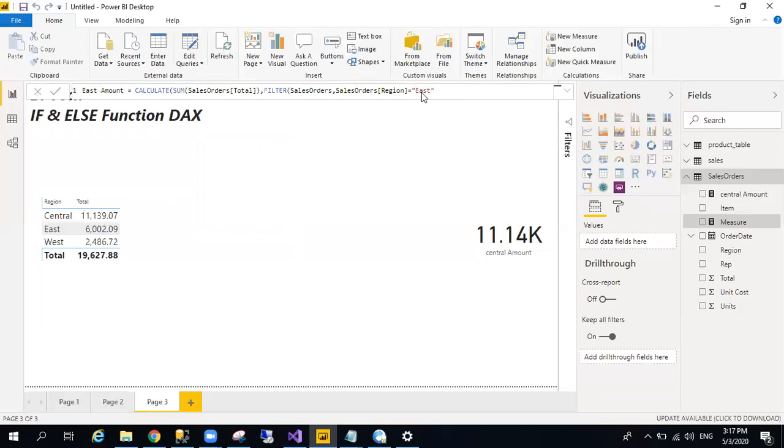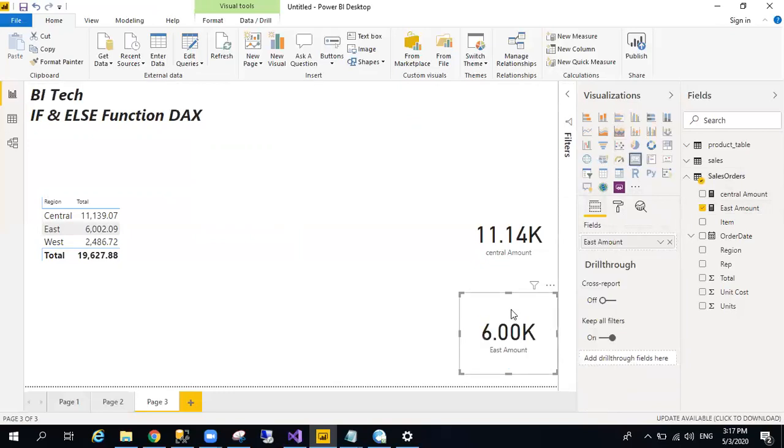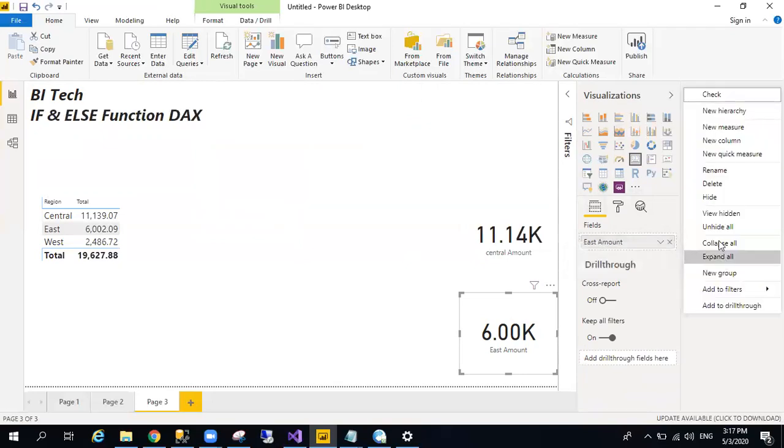So the east amount measure has also been created, and I move it on the tile card. Now I am going to create a calculated column using the if else function. I already told you guys my scenario, so directly I'm going to create a column.